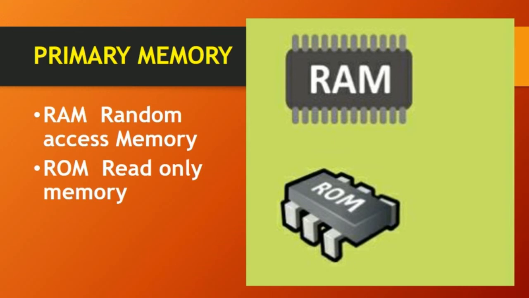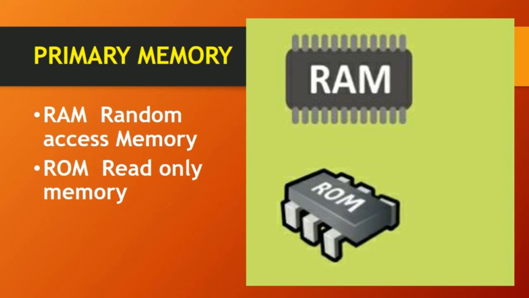RAM. This memory allows both read and write actions. Both the things we can do. You can see the chip. In that chip we can do both, and read action is very important and write action is also very important. So all the programs are executed in RAM. But there is one disadvantage. If you switch off the computer, whatever is stored in the RAM will be lost.